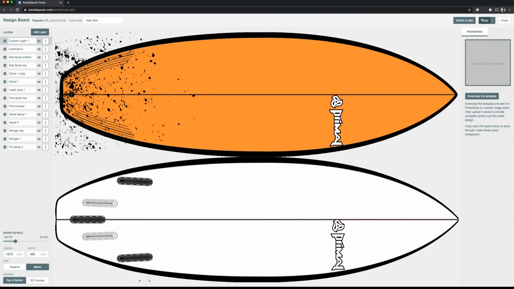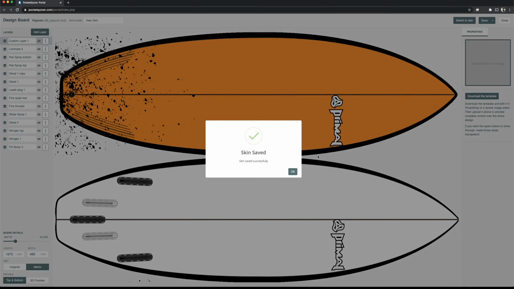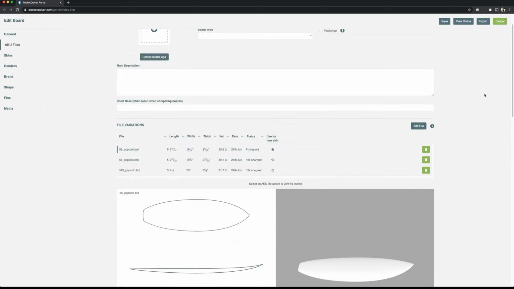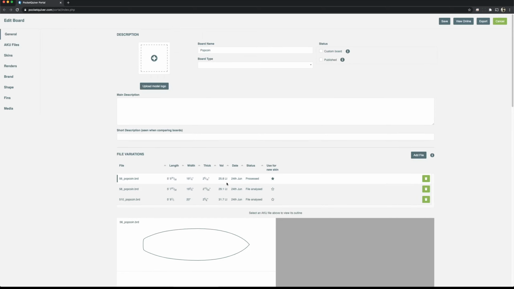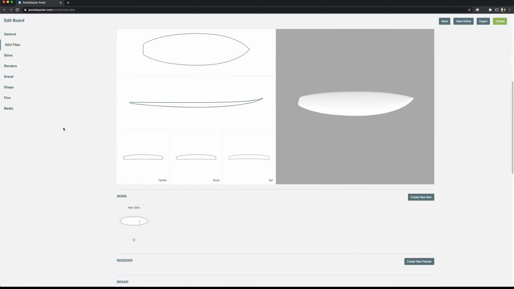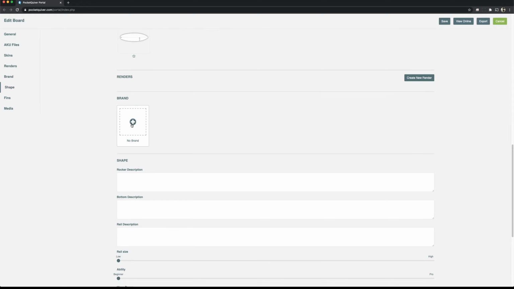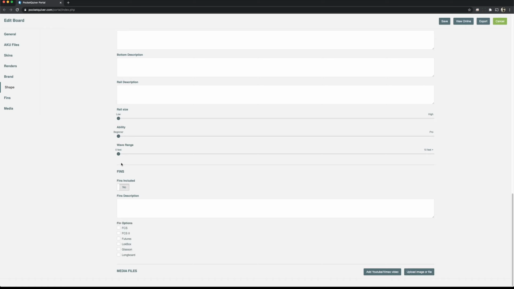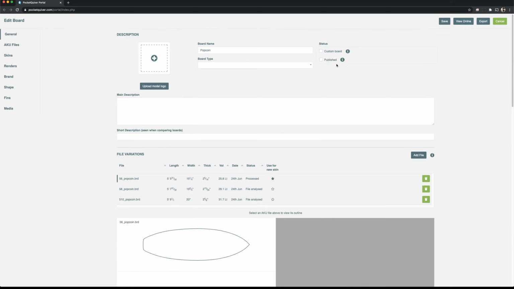So I'm going to go and save that and close and go back to our edit board page, and there's the skin just processing now. So we never really talked a lot about the other options. So like we've got board type, model logo, descriptions. Down further we can choose a brand, and then just some shape details, so you can add in as much or as little as you want, and these only really come into play with the view online option or some